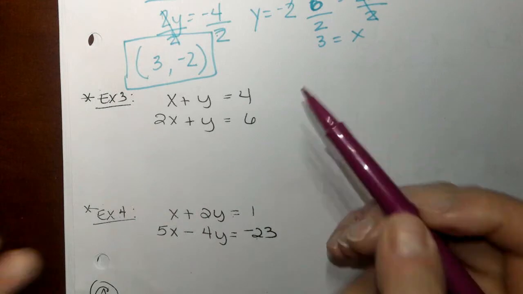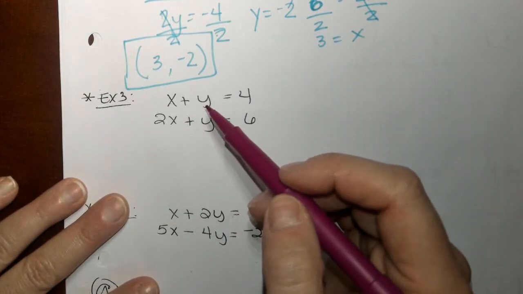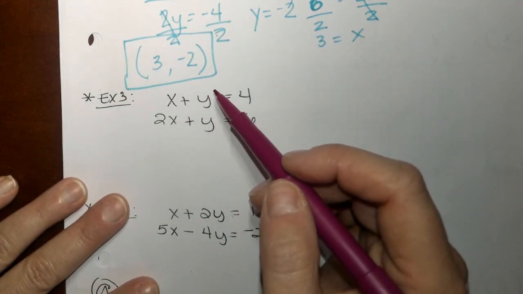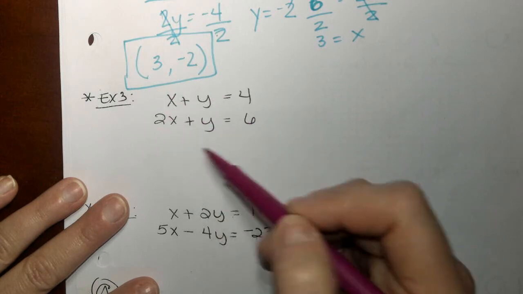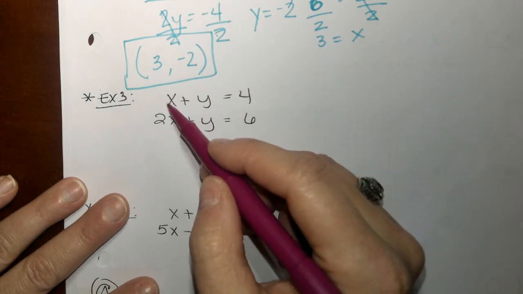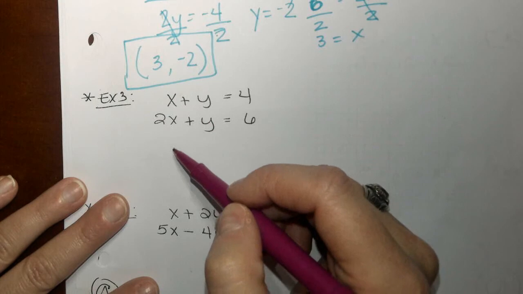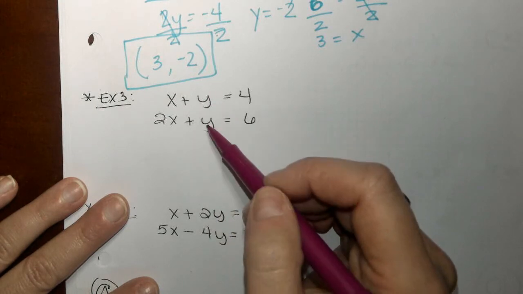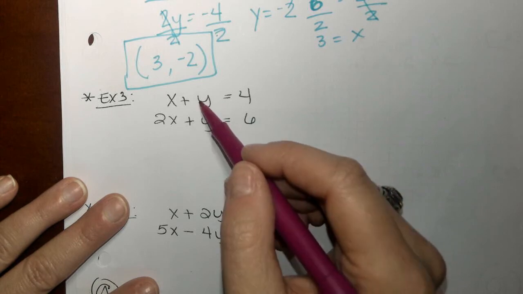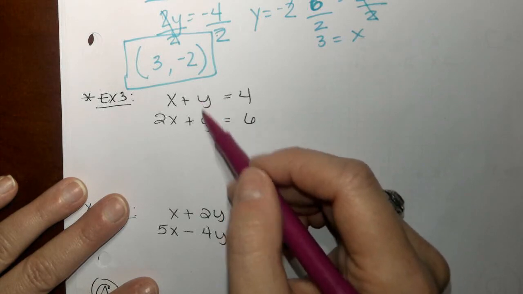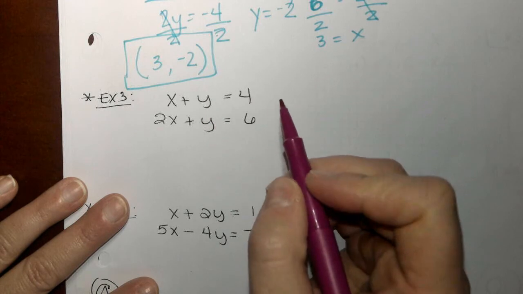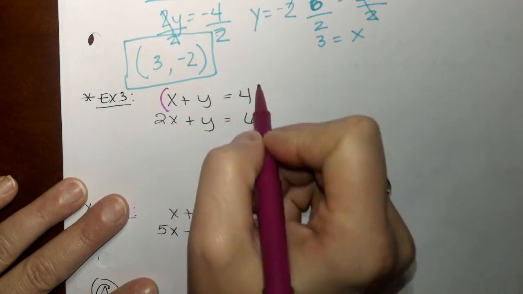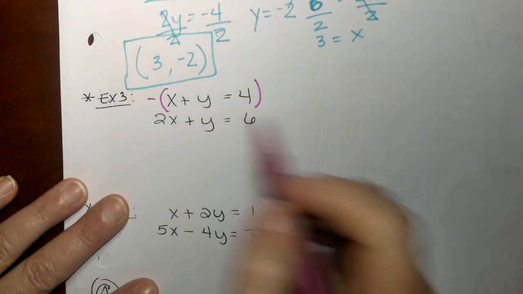Okay, so what if you go to do elimination and you find that you can't cancel out any variables. So this plus this is going to equal 3x. 1y and 2y's is, 1y and another y is 2y. So one of these has to be negative, right, for these y's to cancel. So what we're going to do is we have to distribute a negative sign